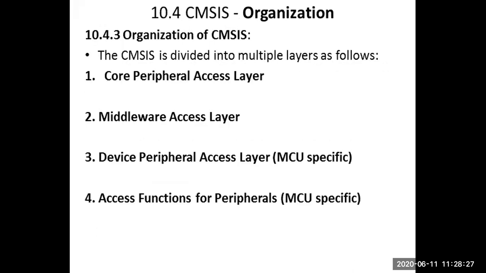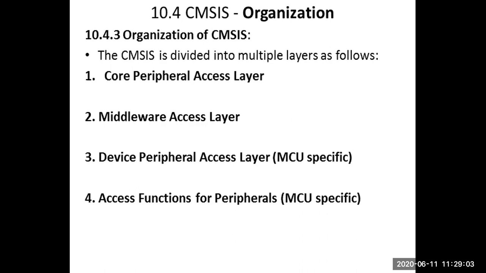Next, about the organization of CMSIS. These are the CMSIS integration with device library and how it works with software, and how the software can be done for the different M0, M3 Cortex architecture hardware. We'll see how it is organized, how it is helping, and all those features. The CMSIS is divided into multiple layers, into different layers for different purposes. There are 4 organizations of the CMSIS.